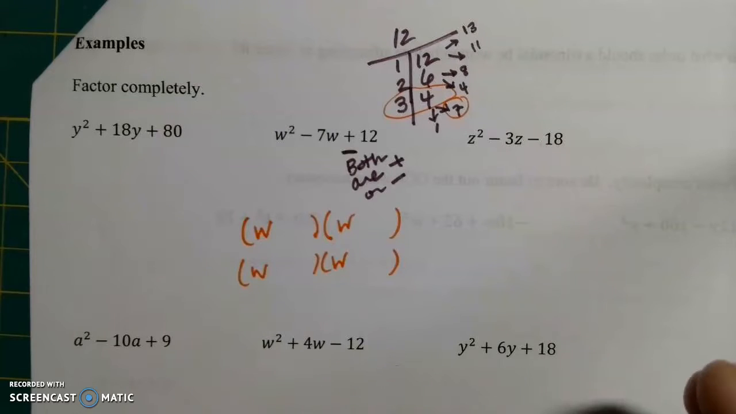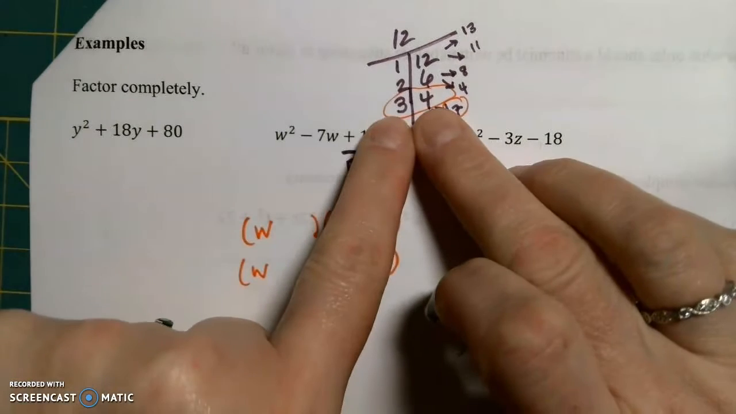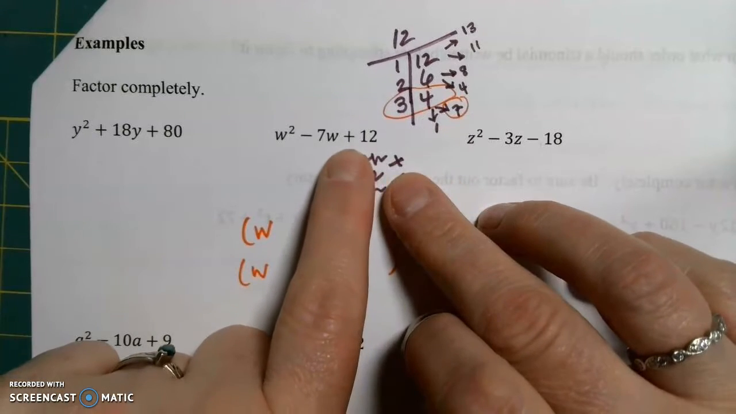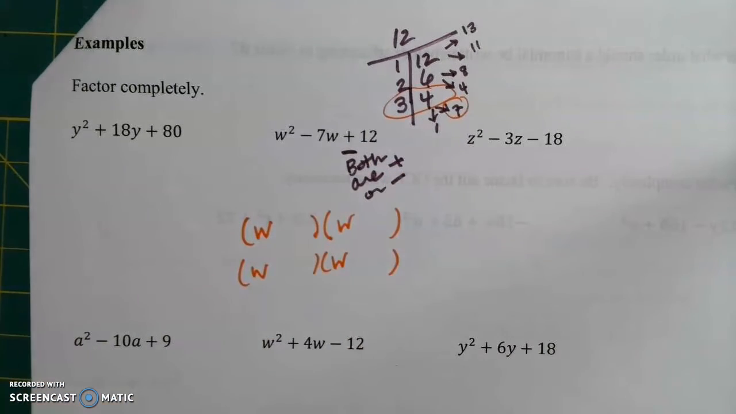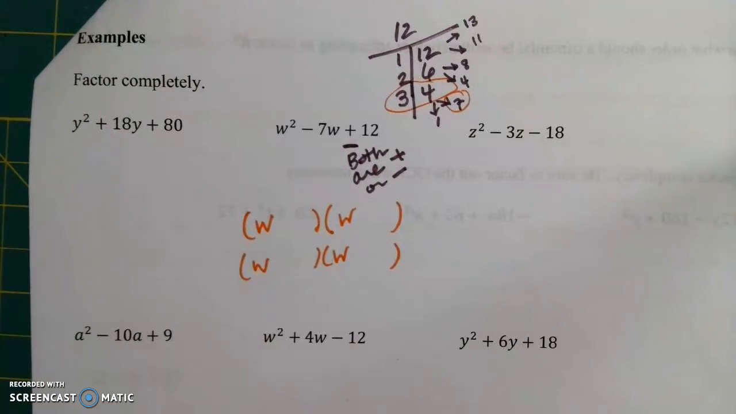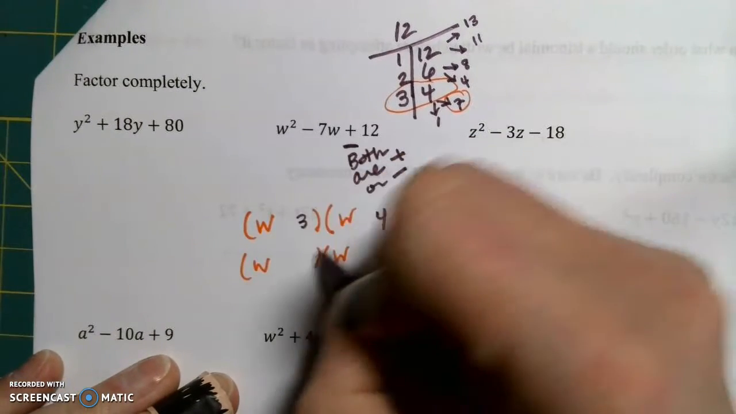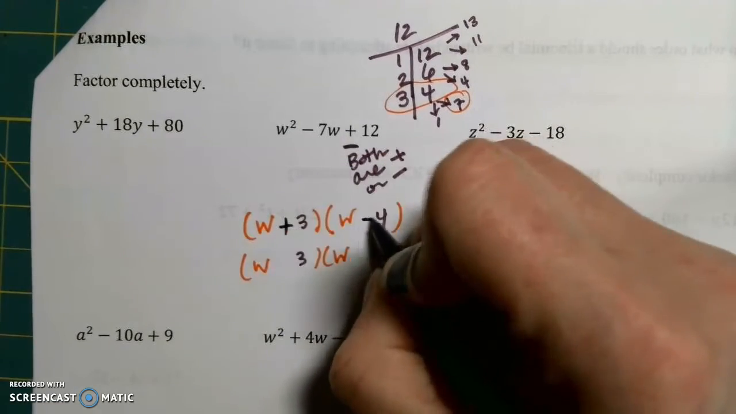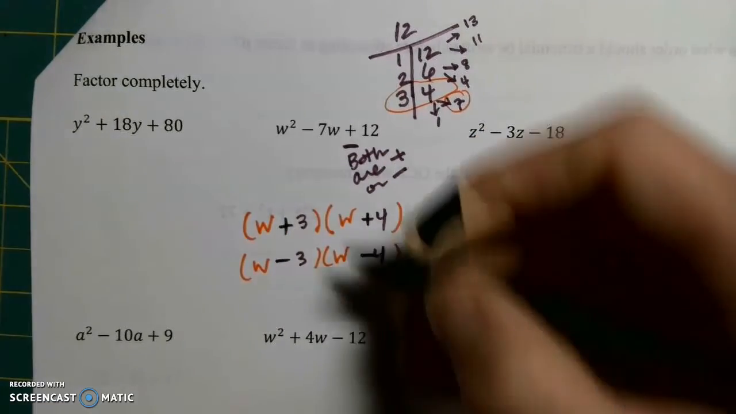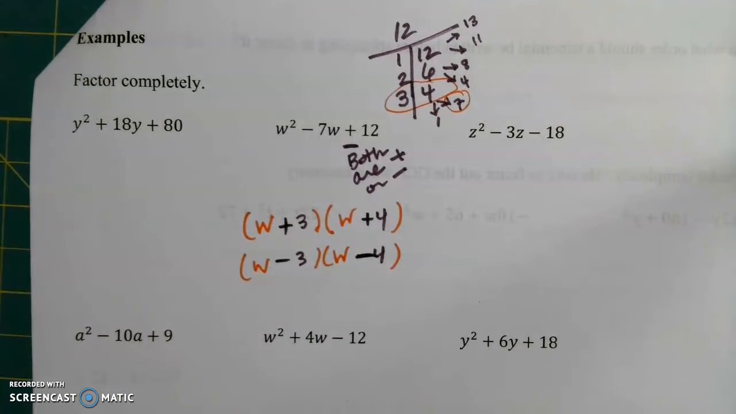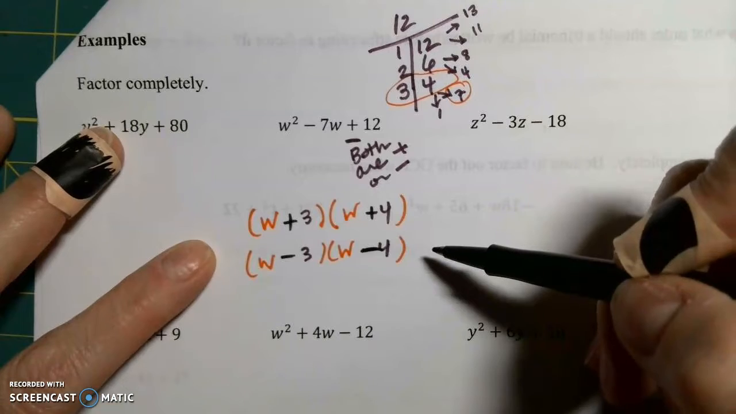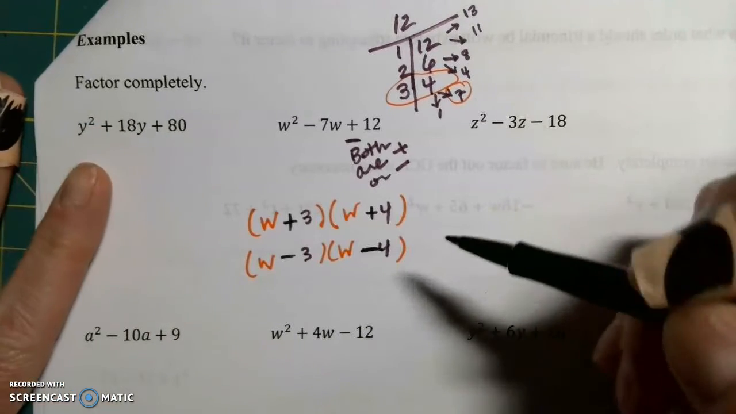Right, so we had the 3 and the 4 as the numbers we're going to use, and they are either both addition or both subtraction, since we have a positive constant. So we are looking at 3 and 4, and then it is either addition in both of these or subtraction in both of these. So we've got it narrowed down to 2 possibilities. You can go through and FOIL these out, and you should be able to figure out which one is